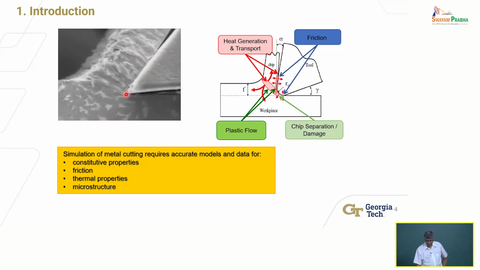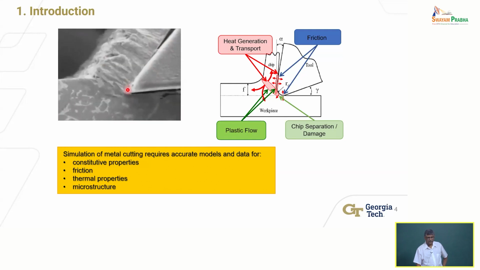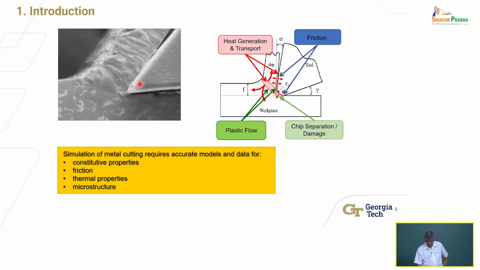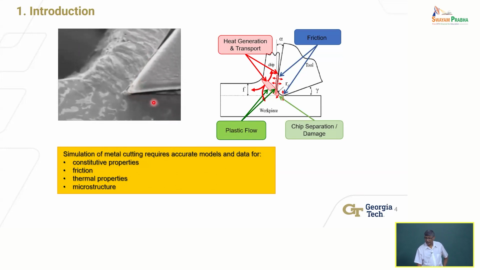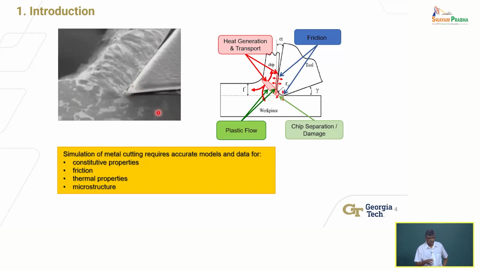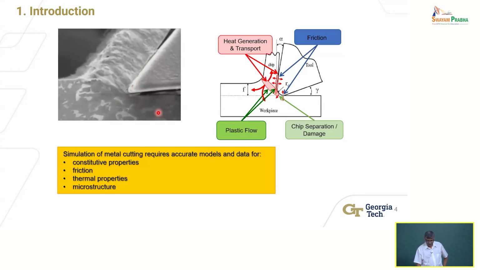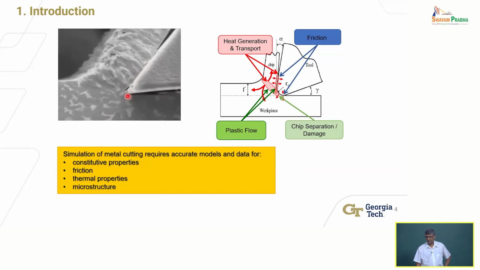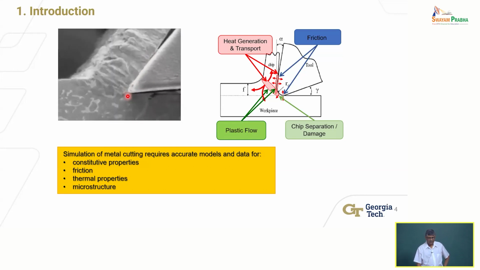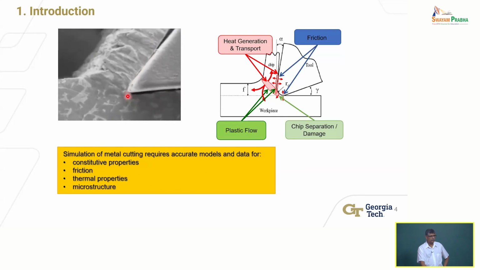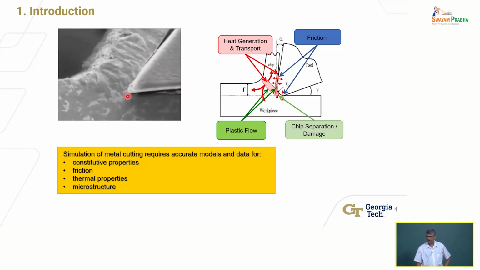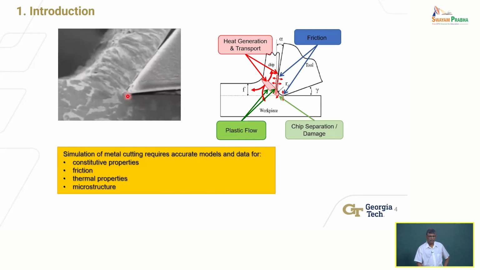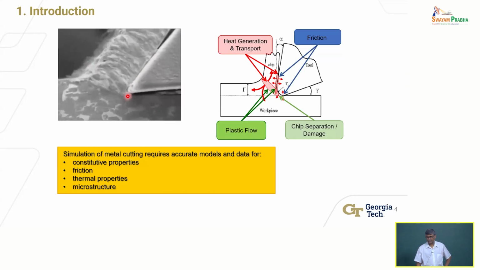There is also, of course, the shearing going on. At the very minimum, these two things are happening. But as the tool wears, there could be rubbing also at the bottom here, in the flank of the tool. So the process can be pretty complicated. And given that the material is being subjected to such extreme deformation, it's not just deformation in terms of the amount of plastic strain that the material is undergoing. It is actually being subjected to very high rates of deformation.